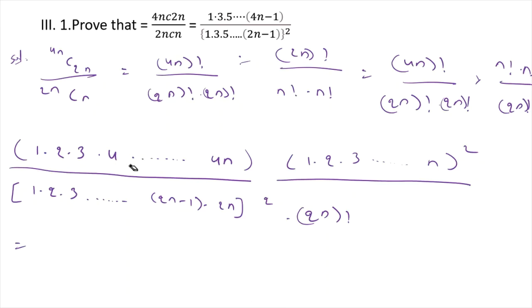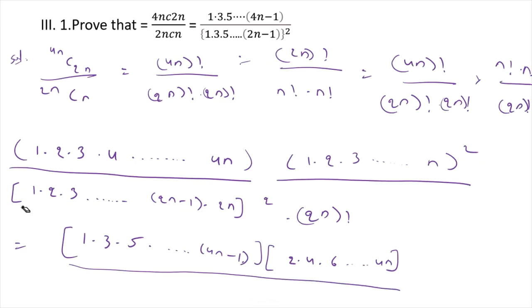Exactly half are even and half are odd. So first let me write down the odd numbers: 1 times 3 times 5 so on up to 4n minus 1. And my even numbers are 2 times 4 times 6 so on up to 4n. These are my even numbers, upon